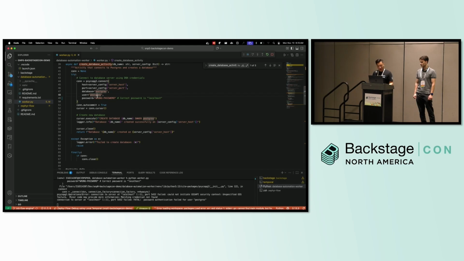In this case, this is the Python worker that's actually connecting to the database and creating that database. As you can see, the password is wrong, so I'm just going to switch this password here. And I'm going to do